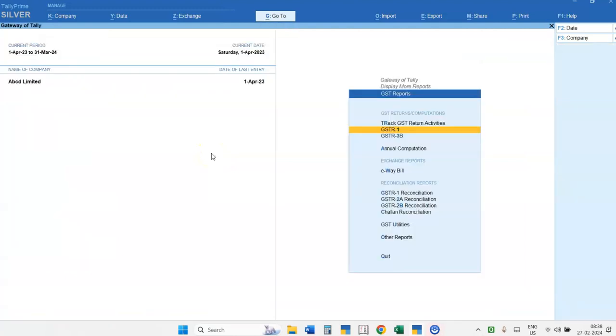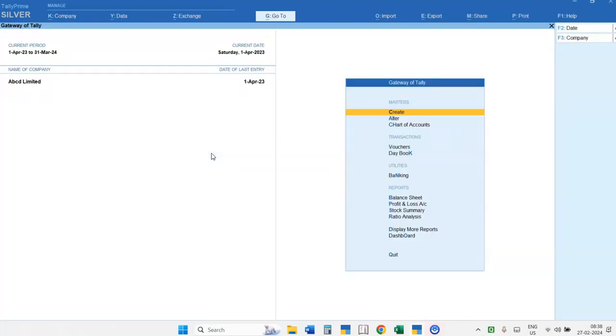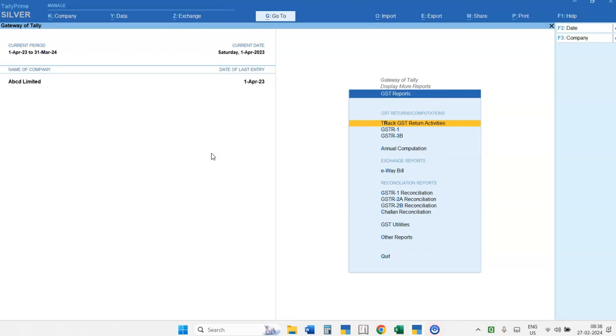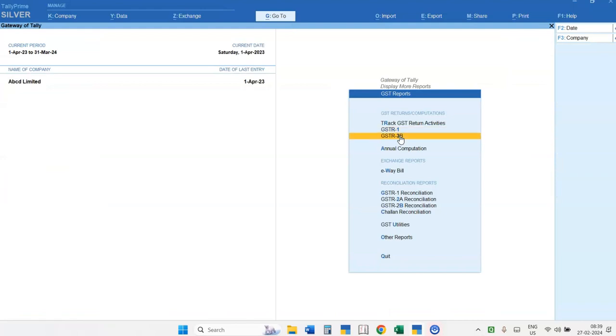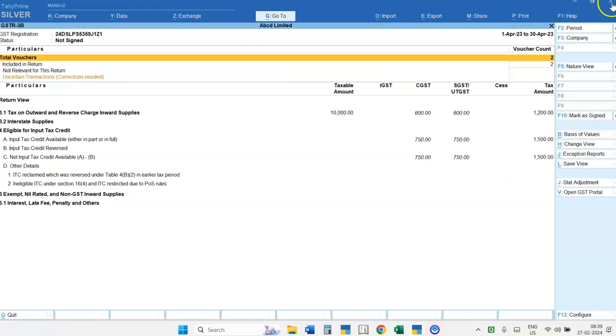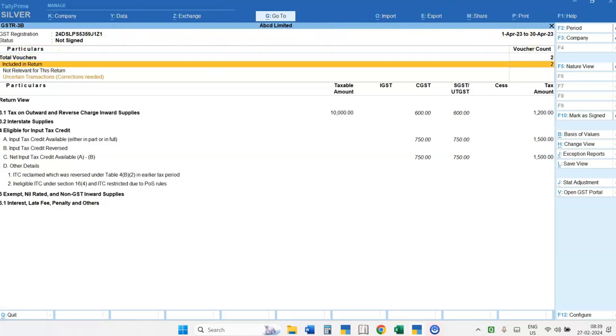Now we are going to see the GSTR3B return. Again from the gateway of Tally, I will press D and O. The GST report will open. I will select the GSTR3B button. This is the GSTR3B for the April month. How many vouchers are included? 2.